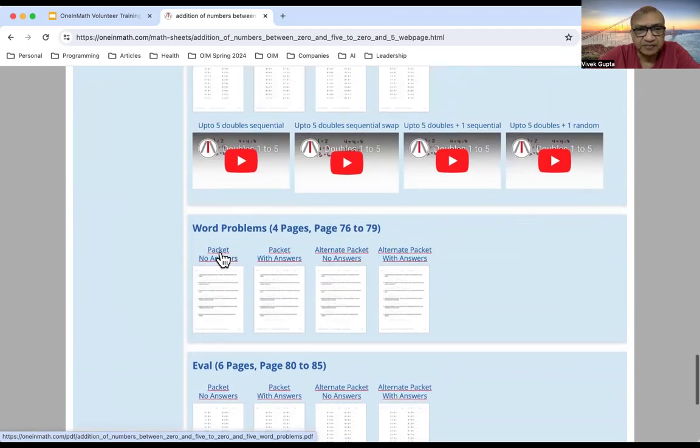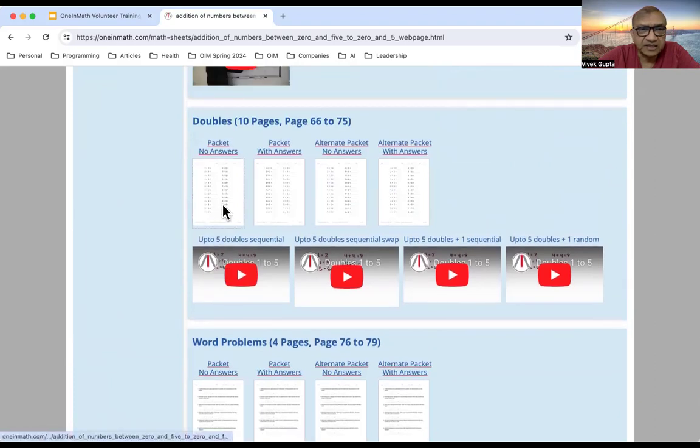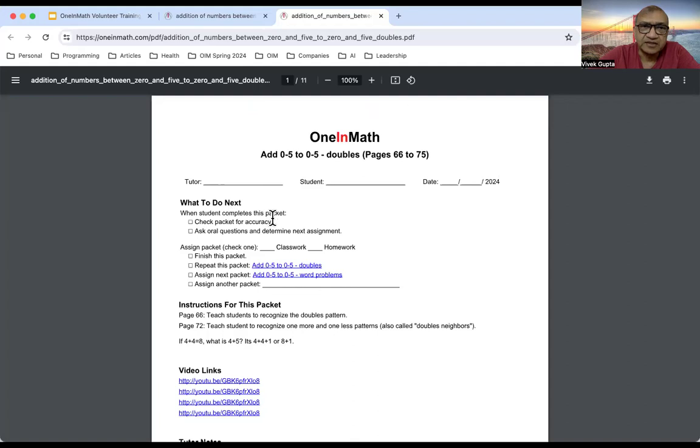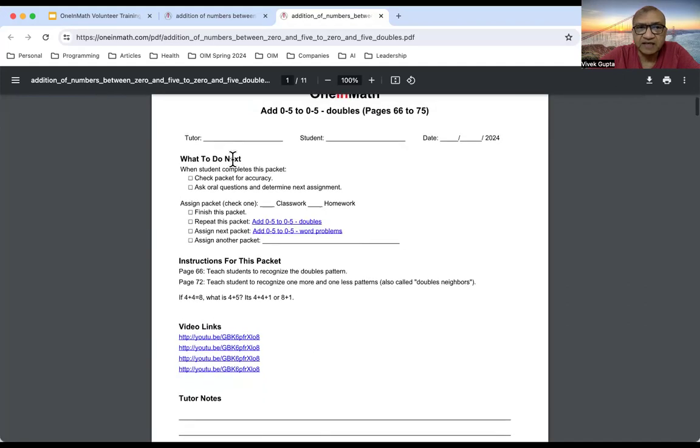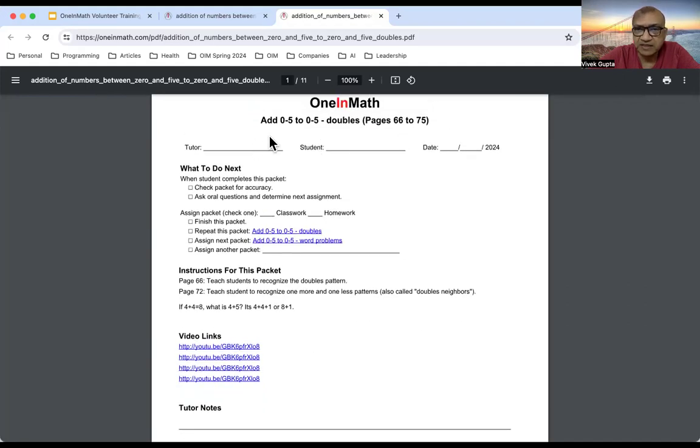And so let's look at a normal packet here. Let's say this is the doubles packet. If you see this packet, the first page of the packet will always look like this, where it will have the tutor name, student name, and the date. So you want to make sure you fill out the student name, the date, and your tutor name, and it will tell you what to do next, right? So basically,